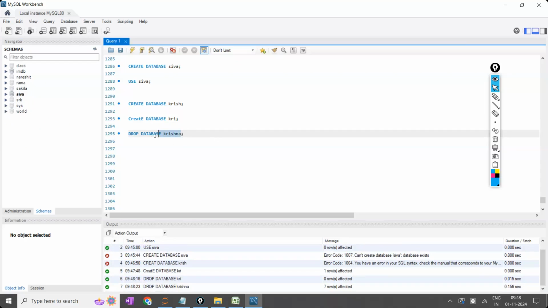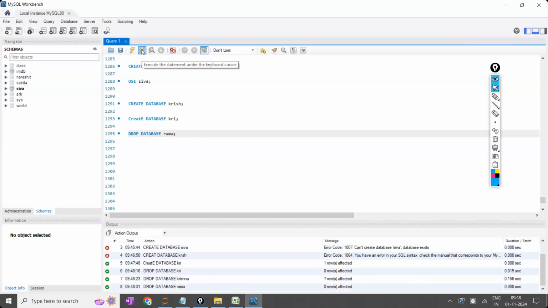If you delete any database, inside that, whatever tables and values are there, everything will be deleted. Is the point clear? Empty database or multiple tables inside, everything will be deleted. Nothing will be there. Right?